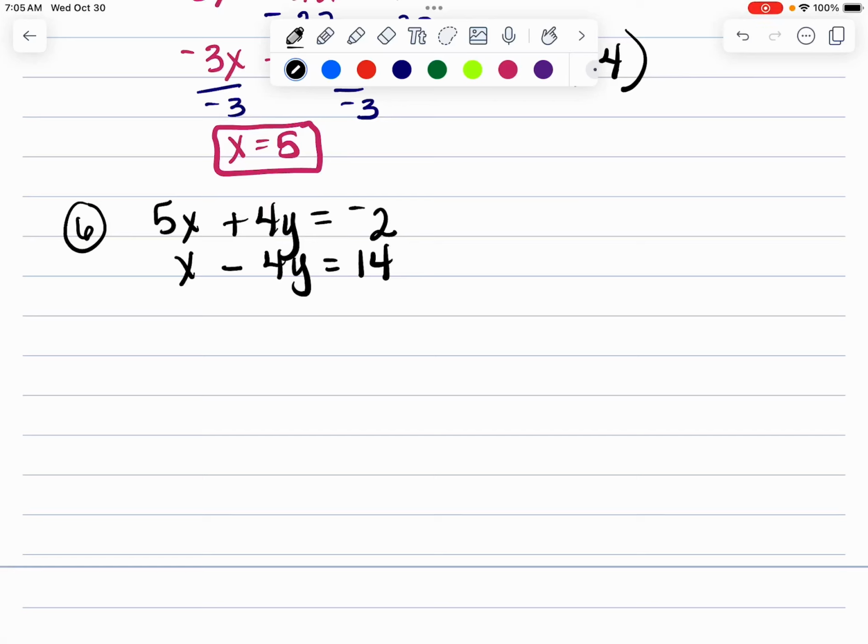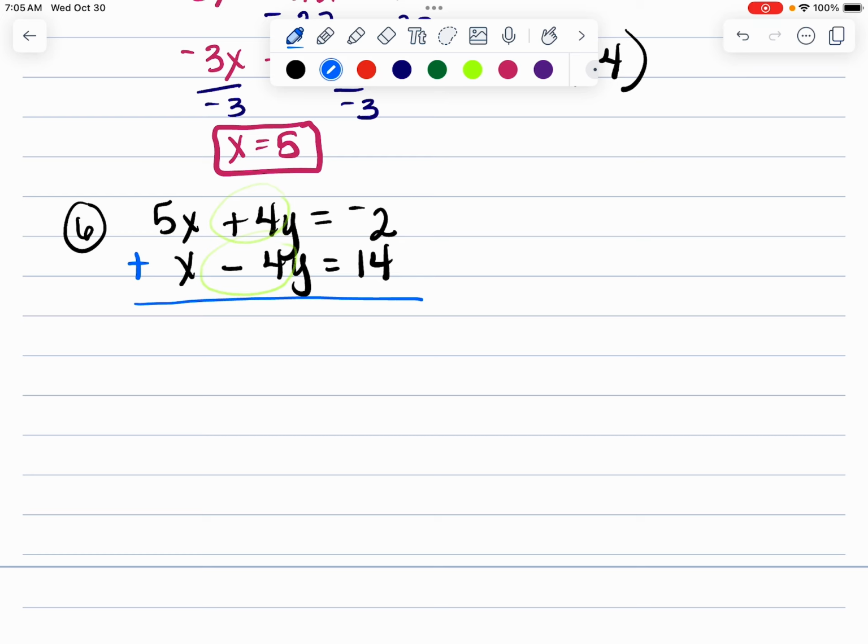Okay, picking up with elimination for number 6. Now, number 6's elimination is the way we like it. It's nice and easy because we can see here that these two values are the same and they're also opposites, and that's what we want to happen. So I don't have to do anything extra on this problem. I already have everything lined up the way I need to, so I'm just going to go ahead and add